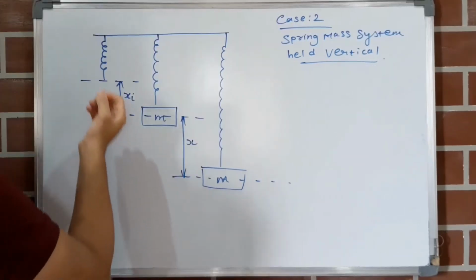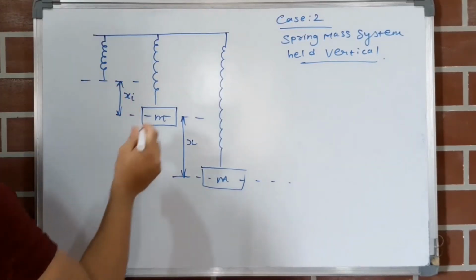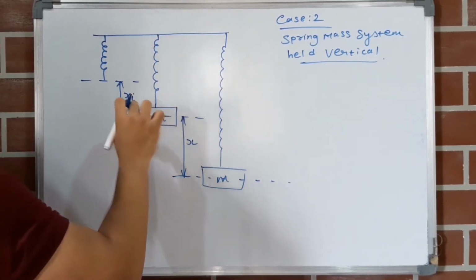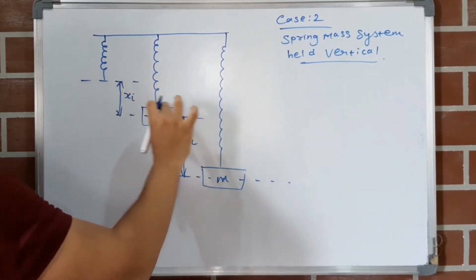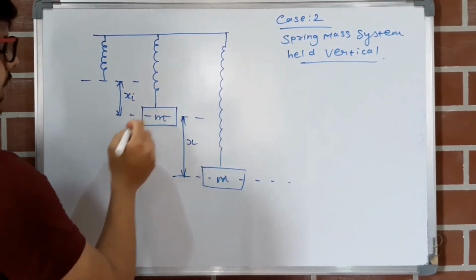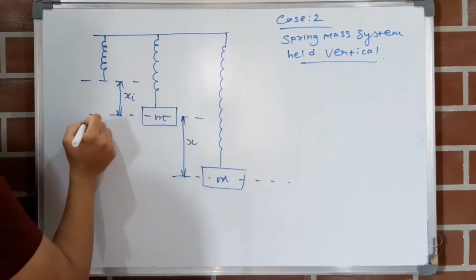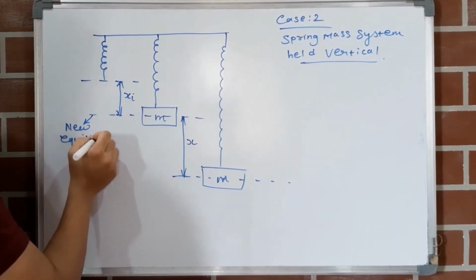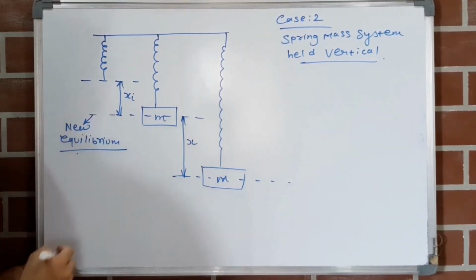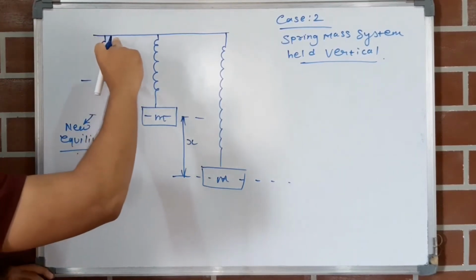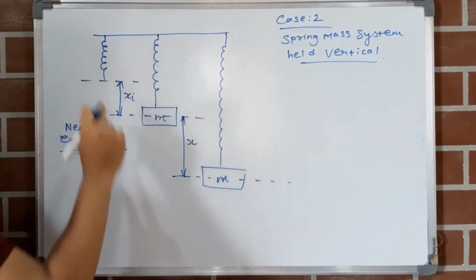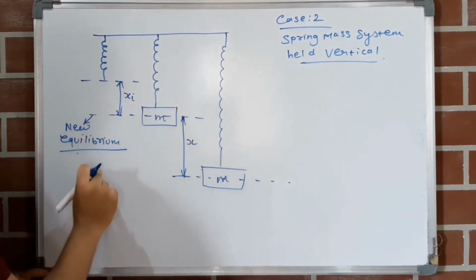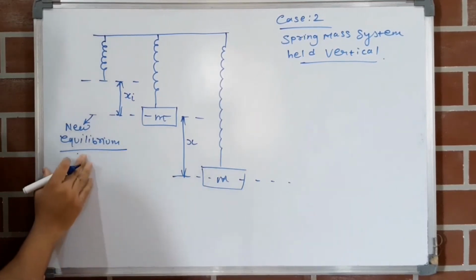तो जब भी मैंने इस स्प्रिंग के साथ मास को लटकाया तब ये स्प्रिंग इनिशियल डिफ्लेक्शन में गई और अप टू ट्रैवलिंग एक्साई डिस्टेंस इट कम्स इन इक्विलिब्रियम, मीन्स इस पोजीशन पे वो इक्विलिब्रियम में आ गई। तो ये हमारी न्यू इक्विलिब्रियम हो गया। ओके, हॉरिजॉन्टल वाले केस में जब स्प्रिंग की नेचुरल लेंथ थी तभी हमको इक्विलिब्रियम पोजीशन मिला था, बट यहाँ पे जब स्प्रिंग इनिशियल डिफ्लेक्शन में गई तब हमको न्यू इक्विलिब्रियम पोजीशन मिला।